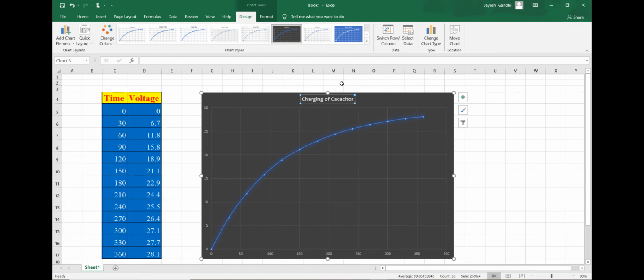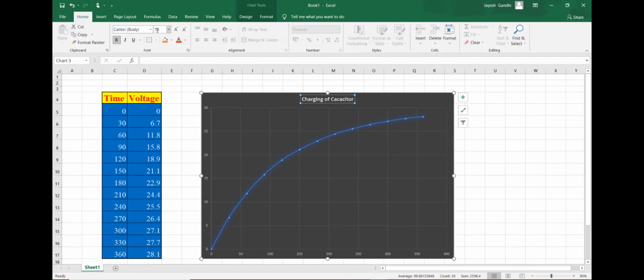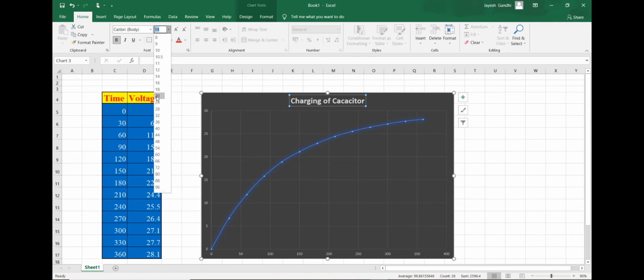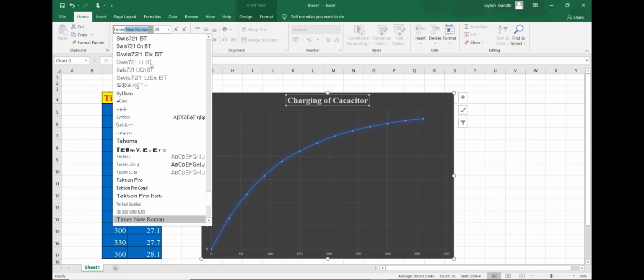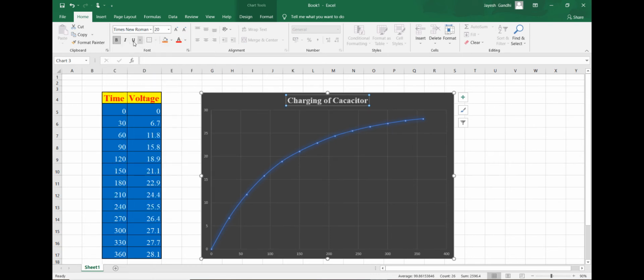Now you can do everything with this font. You can increase the size and reduce the size, whatever you want to do. You can change the font also. Let us say we will take Times Roman. You can make it italic. You can color it black. Suppose I take this color, and you find that it is very good.